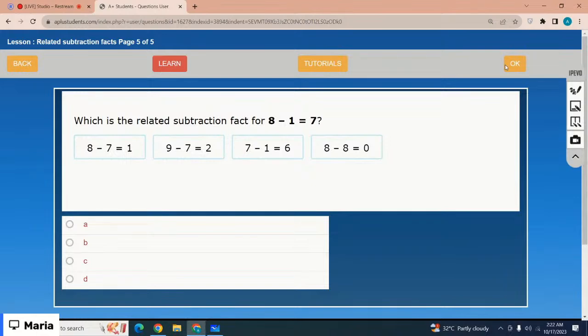Which is the related subtraction fact for 8 take away 1 equals 7? Which is the correct option? 8 take away 1 equals 7. The related subtraction fact is